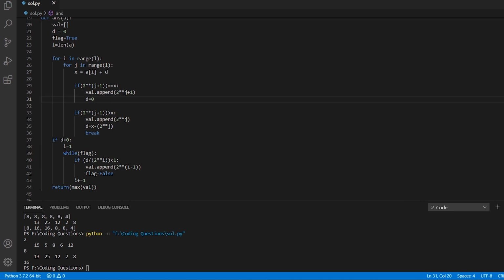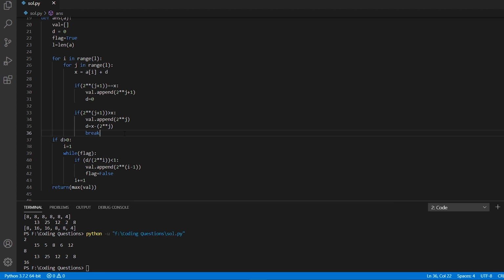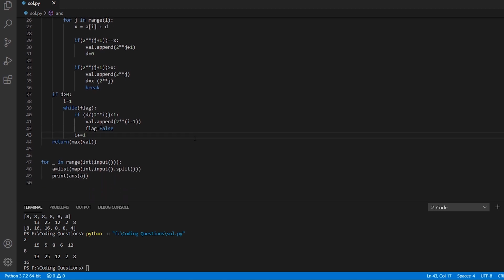And similarly, once we have done processing the numbers, we have to check if d, that is the difference which we have calculated up till the last number of our list, is greater than 0, which means that if any set of streams still remain to be processed, then we have to write some logic to process it again, which is different from the one which we wrote here. And in that manner we have solved this question.